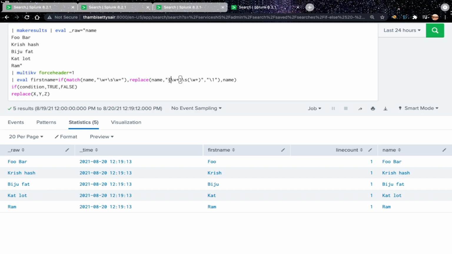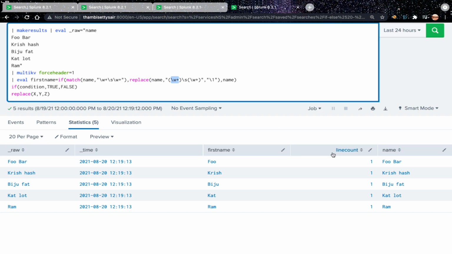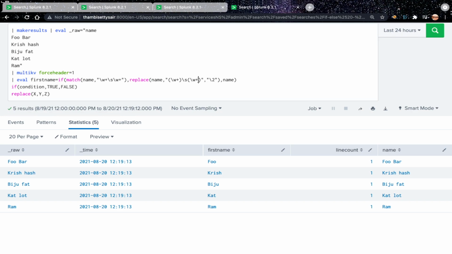We know that this represents the first name, in the field called name, and this represents the last name in the field name. So if I want to extract the last name, I can just call the last name using the substituting string, that is 2 in this case, because this is the first captured group and this is the second captured group.